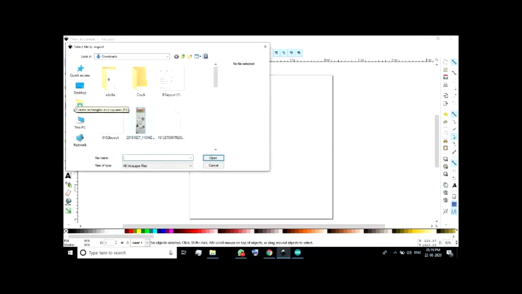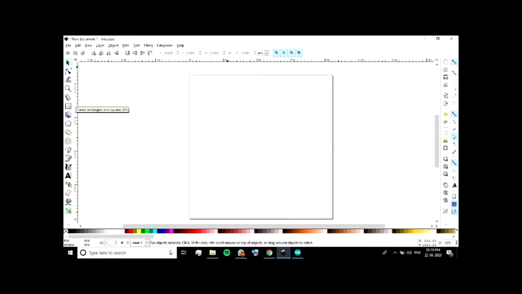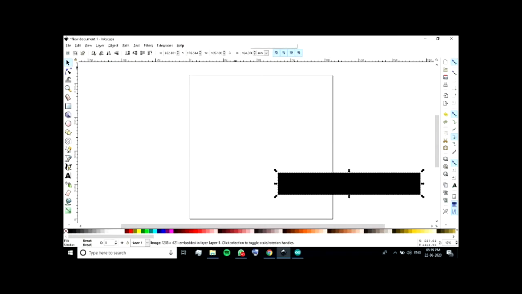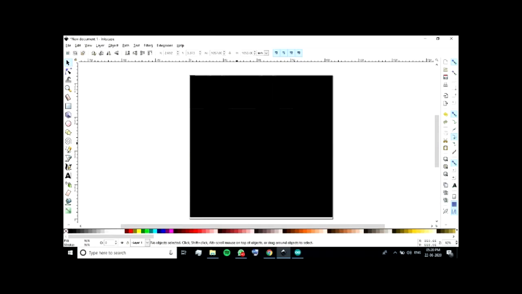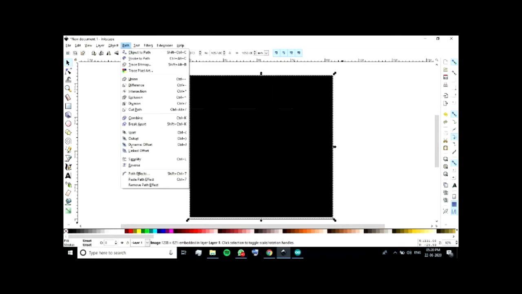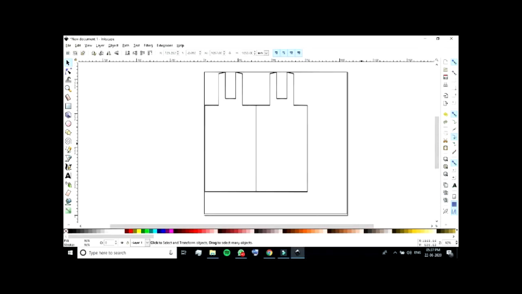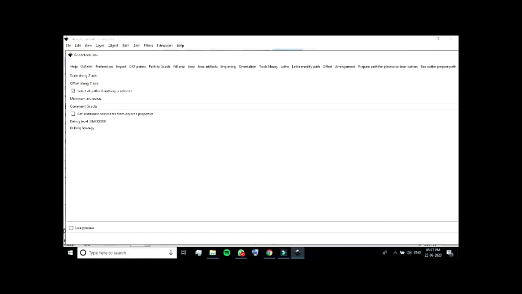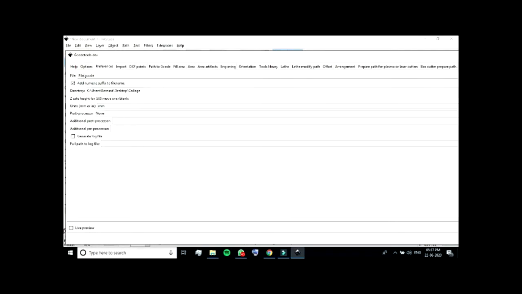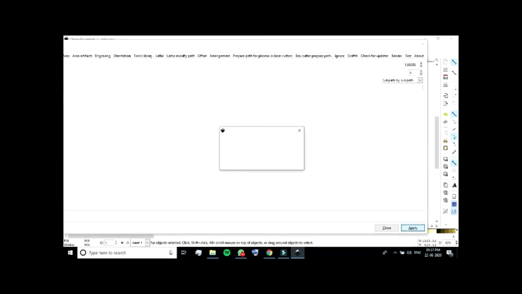Then, the image file that we get from the code in NetBeans is imported into Inkscape and is adjusted to fit the requirements of the bed, which is 4000 by 4000 pixels. Then using the trace bitmap function in Inkscape, we are able to get only the borders of the pattern and not the entire image, which is not required. Then using the Gerbil extension installed in Inkscape, we are able to get the G-code file. This G-code file is then uploaded to the G-code sender and then sent to the Arduino.